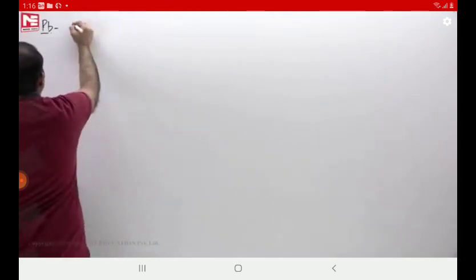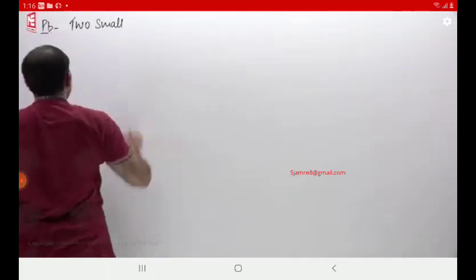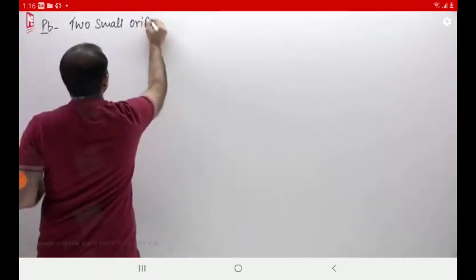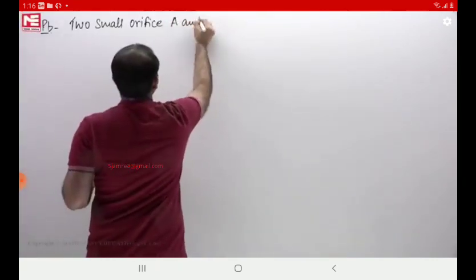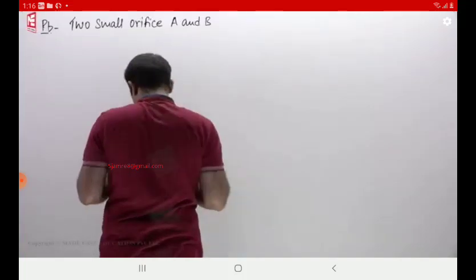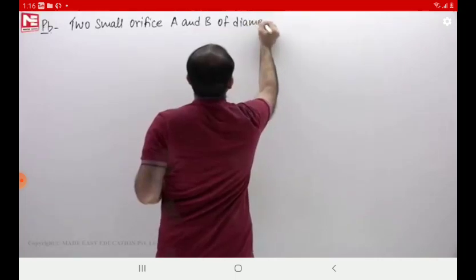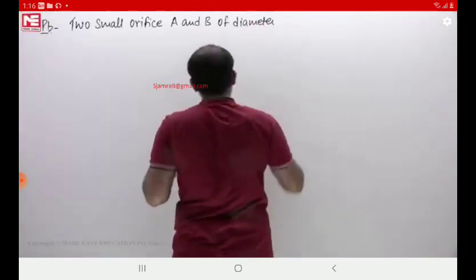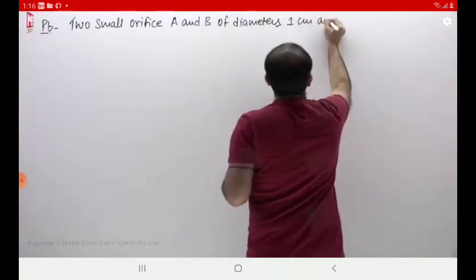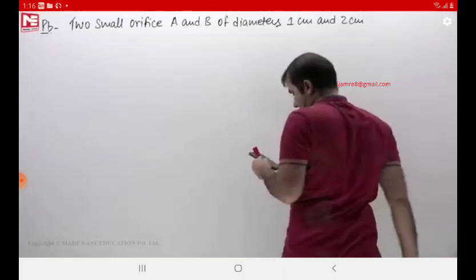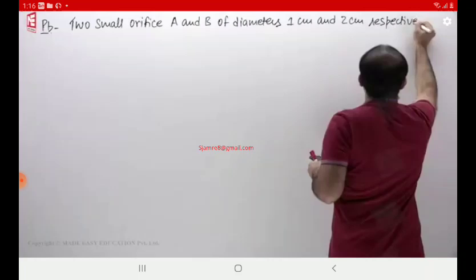Two small orifices A and B of diameters 1 centimeter and 2 centimeter respectively